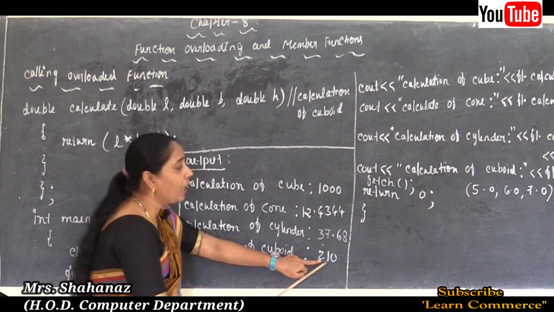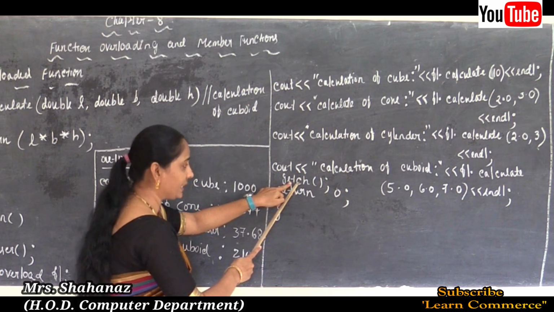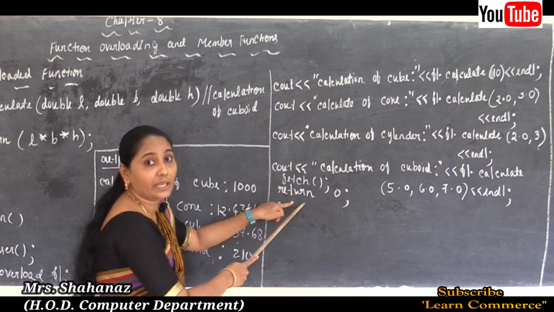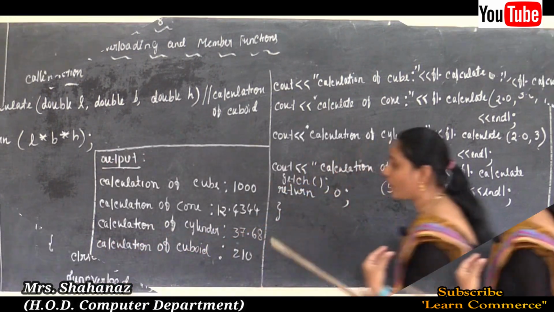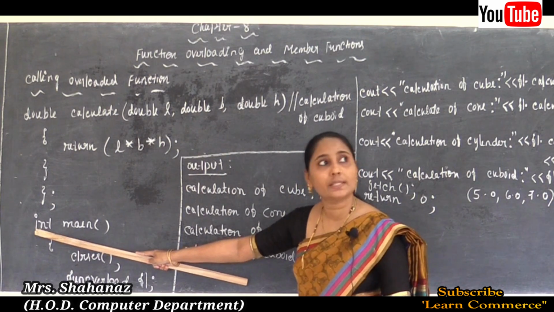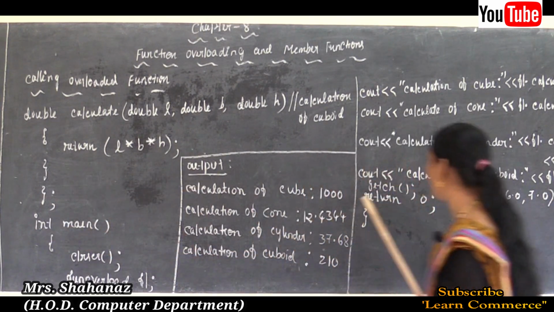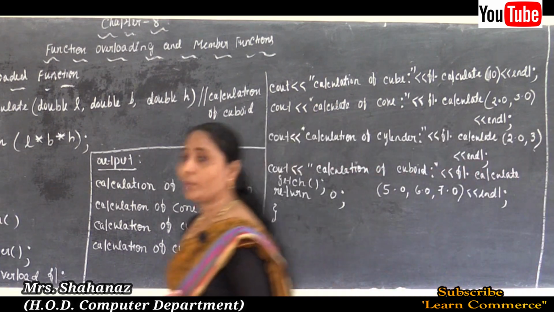Clear this point here? And later we know that before ending the program we need to use return 0. Why did I use return 0? Because the main function is int. Okay, the main function is int. Because of this reason we need to use return 0. So this is the program about our